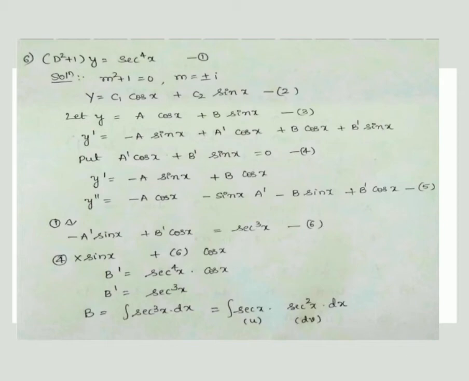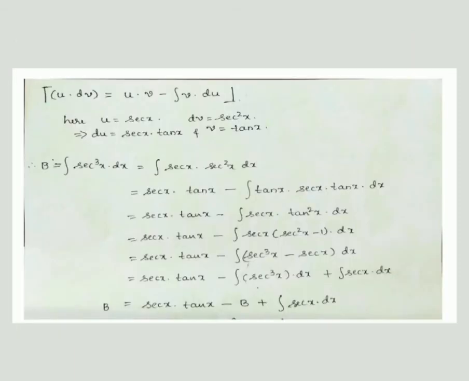So for that, the first term I will consider as u, the second term I can consider as dv. So now the formula for integration of u dv will be u into v, where the integration of dv gives the v value, minus integration of v into the differentiation of the first function, du. Try to remember this formula. Here we shall take u, the first function, as secant x, and dv as secant square x. So what is the differentiation of u then? Secant x into tan x. And dv is secant square x. What is the integration of dv then? That gives v. So the integration of secant square x is tan x.